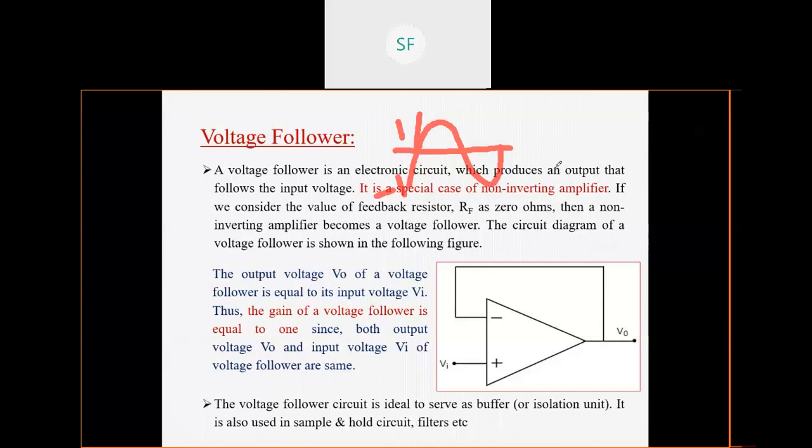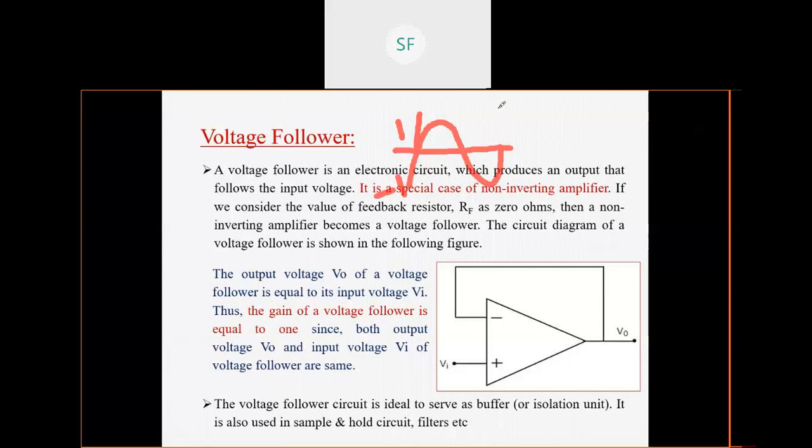The same will come as the output, right. Why? Because in the first case it is a non-inverting amplifier. Okay, so there will be no inversion happening here, right? The positive half cycle will give a positive half cycle, and the negative half cycle will give a negative half cycle. There will be no inversion of waveforms. Why? Because this is non-inverting.